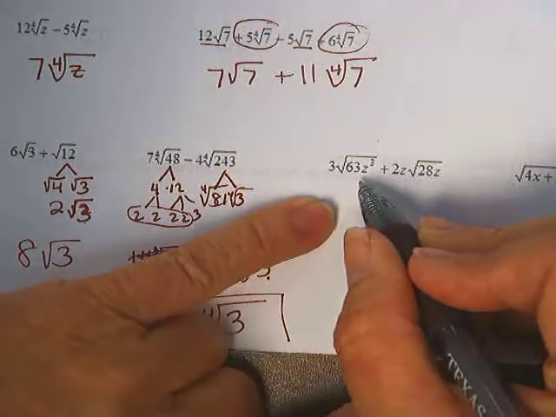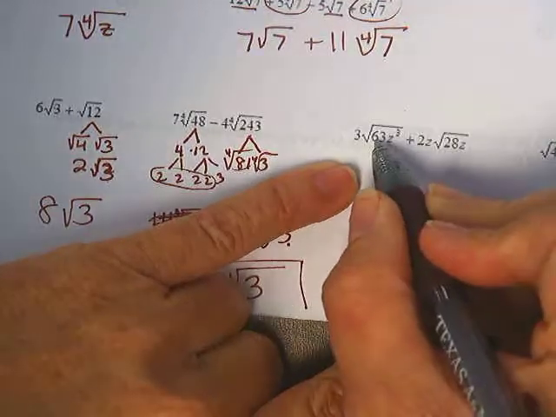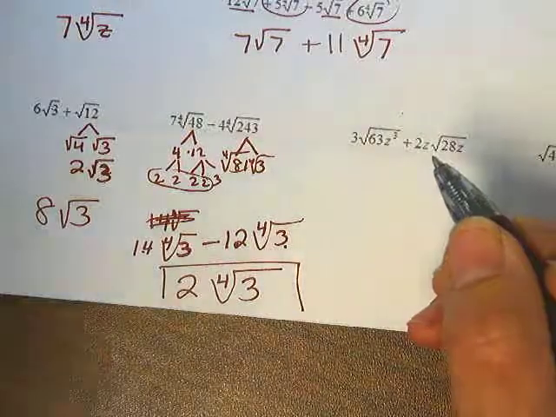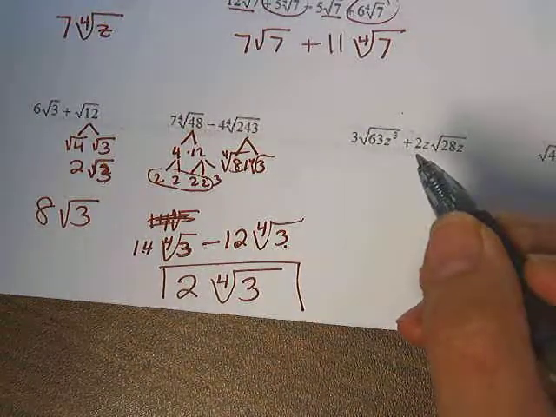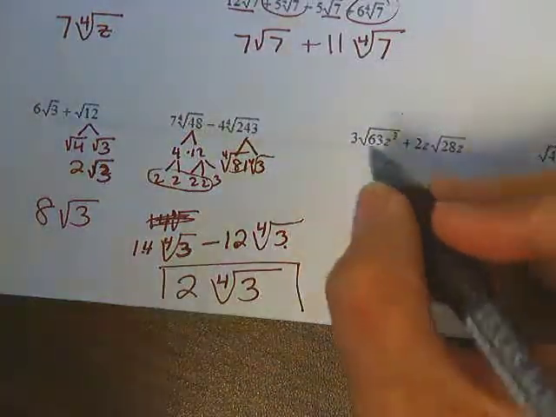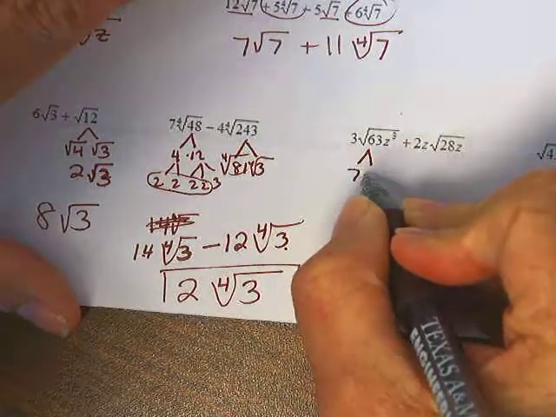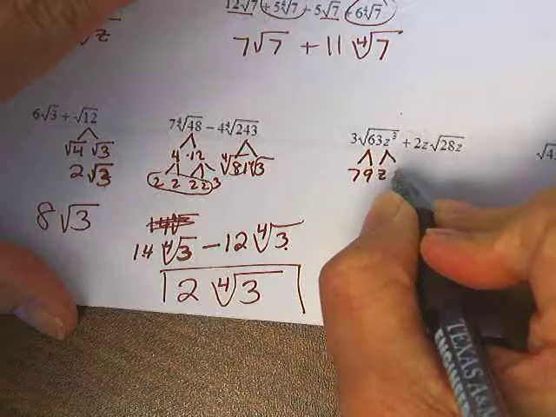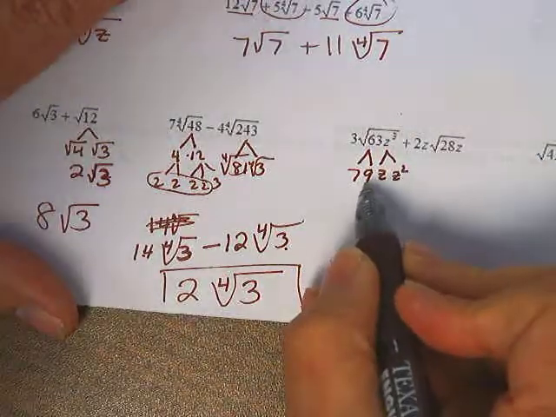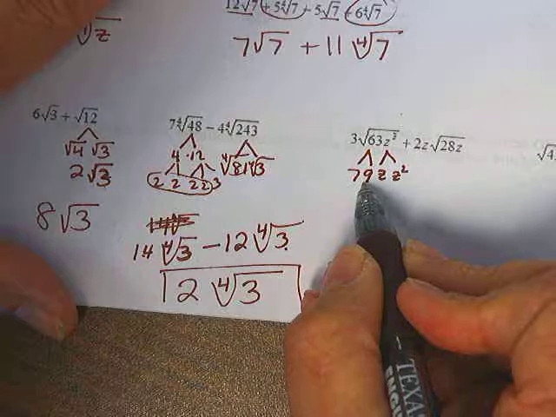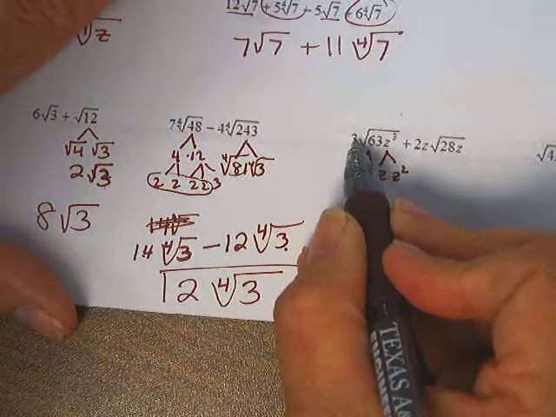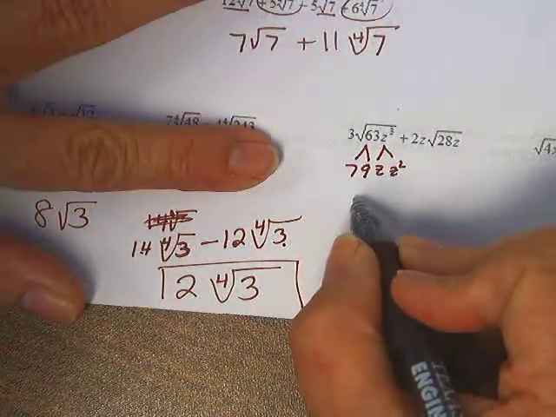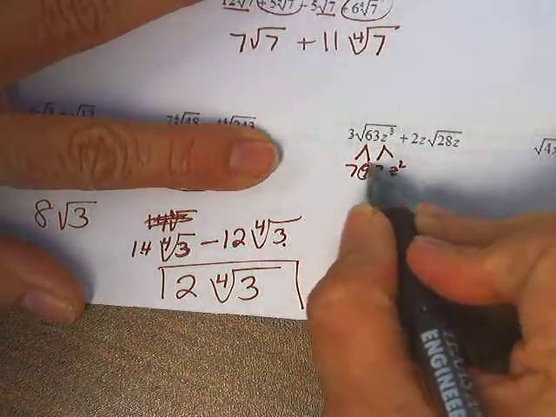Okay, let's come back over here. Can we take out anything? Square root of 63. 7 times 9. So this is equal to 7 times 9. And z cubed can be broken into z and z squared. The square root of 9 is 3, so I'm going to take that out. Multiply by the 3 on the outside. And z squared I'll take out as a z. So I'm taking out the 9 and the z